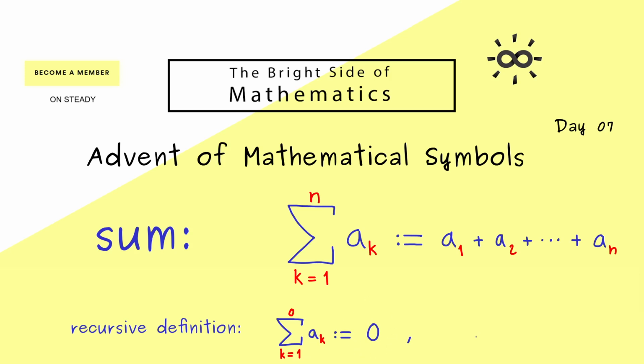And then in the second step for the recursive definition, we need to know what happens to the successor. Or more precisely, the successor n is defined by the predecessor n-1. Indeed, this is not hard to understand. If we have this sum from k is equal to 1 to n-1, we just have to add the last term to get this sum. And then you see, this is our recursive definition for the sum symbol. And with this, you shouldn't have any problems generalizing this to other starting indices here.